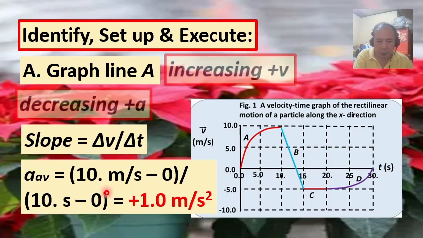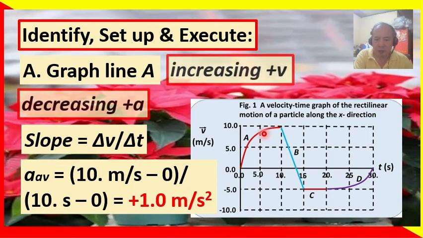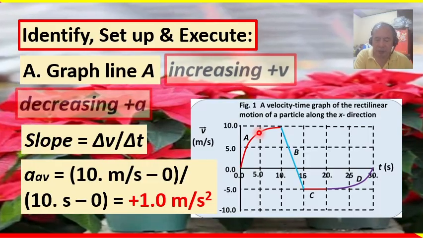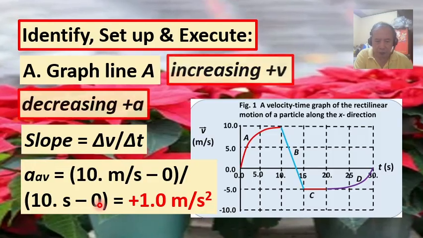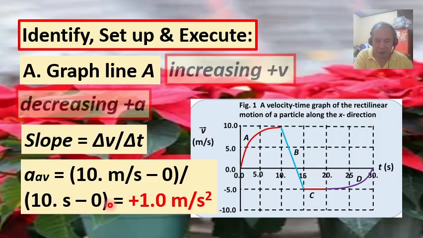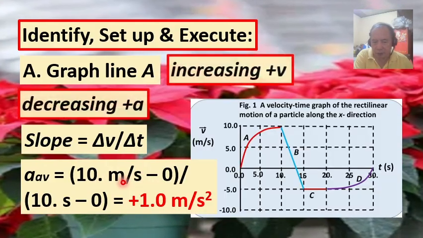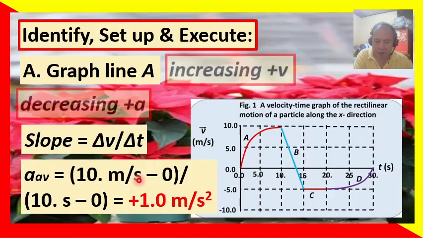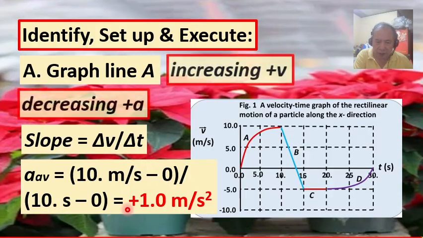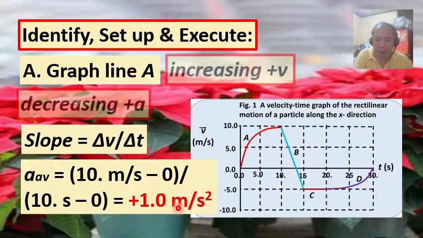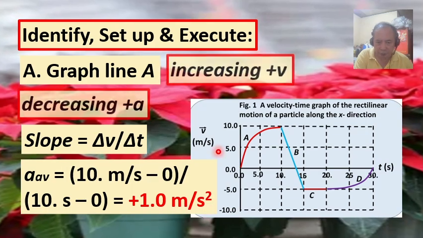So just to show that the average acceleration is not so high but not so low. We have here the time interval from 0 to 10.0 seconds, that's delta t, and the corresponding change in the velocity, all right? We have 10.0 meters per second minus 0. So when we divide the delta v over delta t, we come up with this amount of the average acceleration, positive 1.0 meter per second squared.